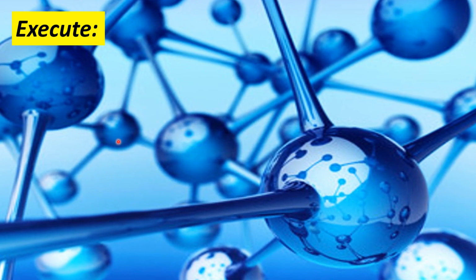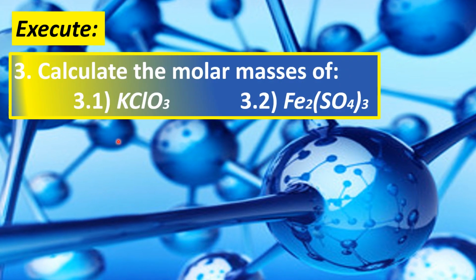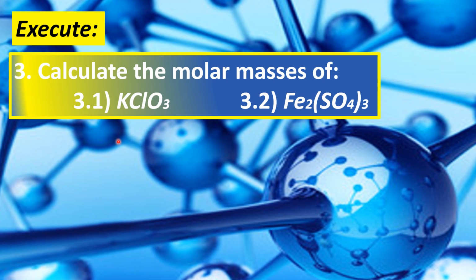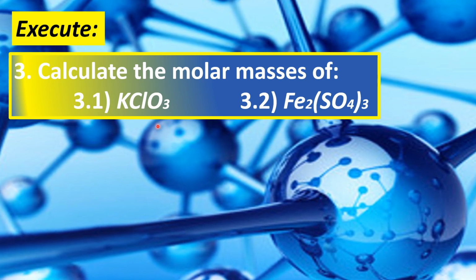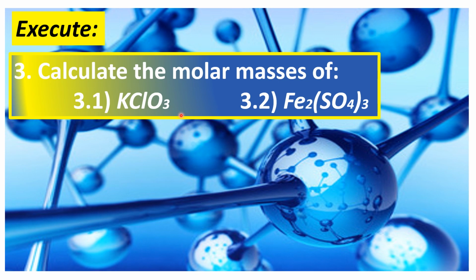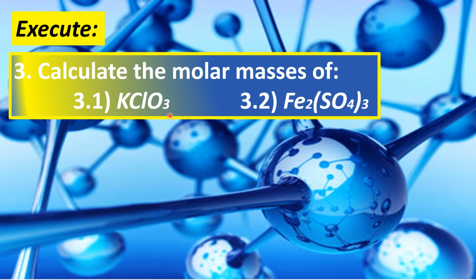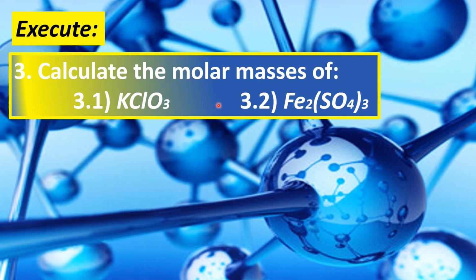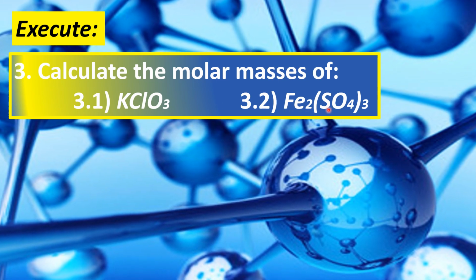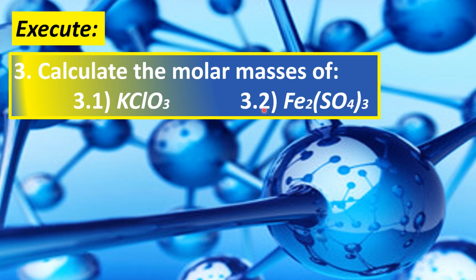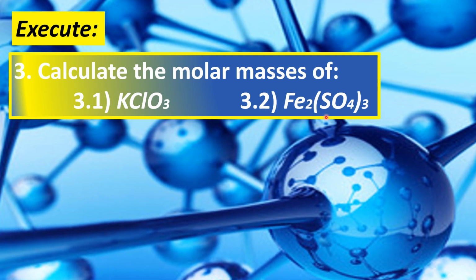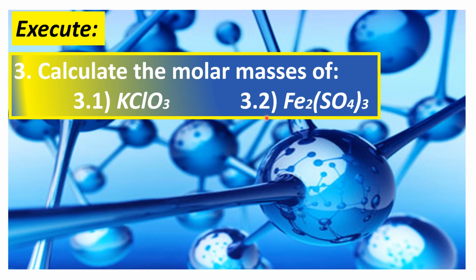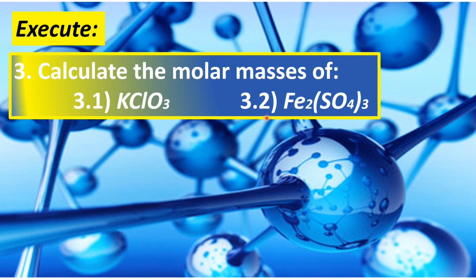For question number 3, we are to calculate the molar mass of the compounds. The first compound here is KClO3, also known as potassium chlorate. And the other one, Fe2(SO4)3, is the chemical formula for ferric sulfate, or commonly written also as